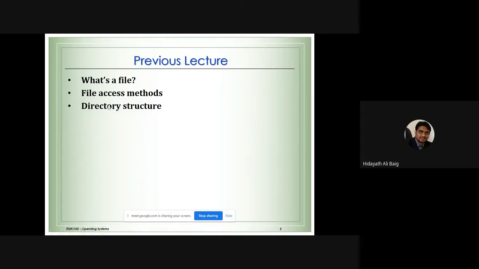So this point is needed for us because last class we discussed the file access methods. For today's lecture, we need to just revise these two concepts. Remember, we talked about two types of file access. One is sequential and the second one is direct access. For the sequential access, we start from the beginning of the file and then incrementally move forward and read the data. That means we cannot read the file from the middle portion.